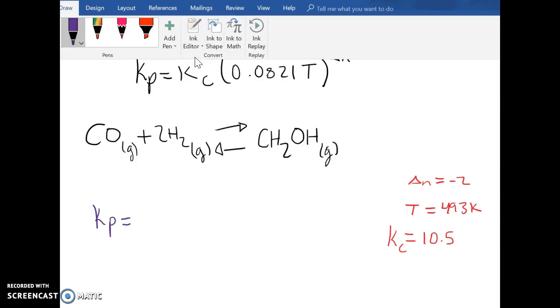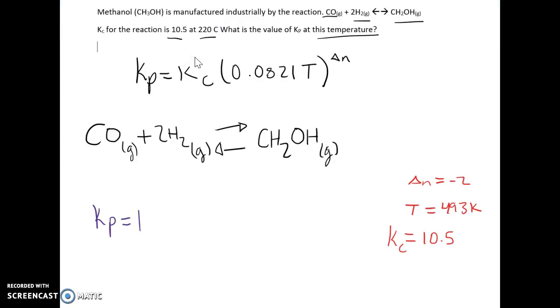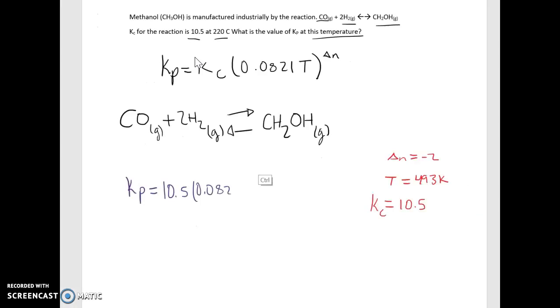So it's going to be the Kc 10.5 times 0.0821, which is our gas constant R, times our temperature in Kelvin, which is 493 Kelvin,